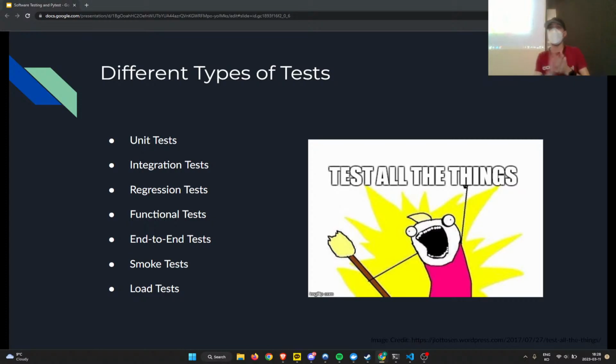Next big one, and one of my favorites, especially now that I'm a PM, regression tests. Regression tests: basically, once you encounter a bug, the first thing you do is write a regression test. You write a test that reproduces the bug. As long as the bug exists, the test fails. Okay? Once you have fixed the bug, the test should pass. Pretty simple and straightforward.